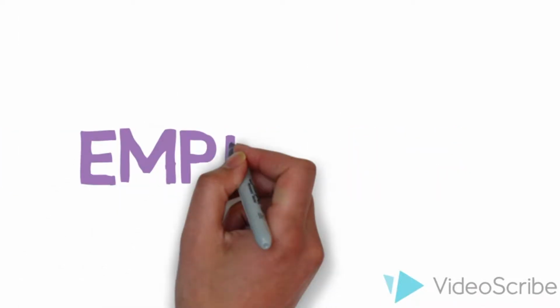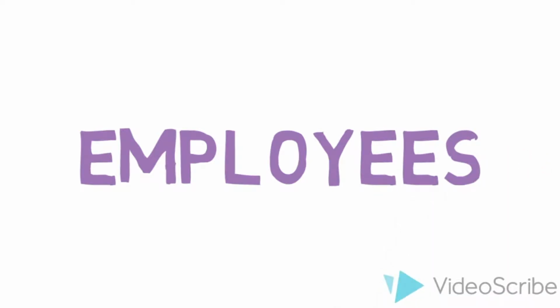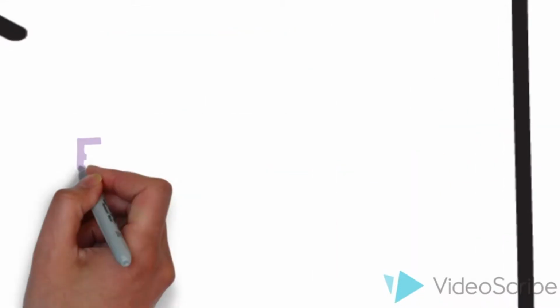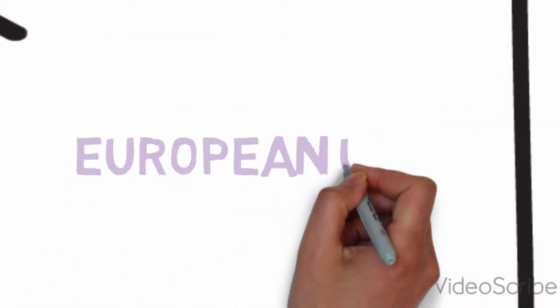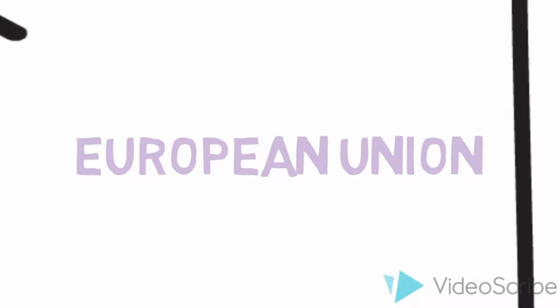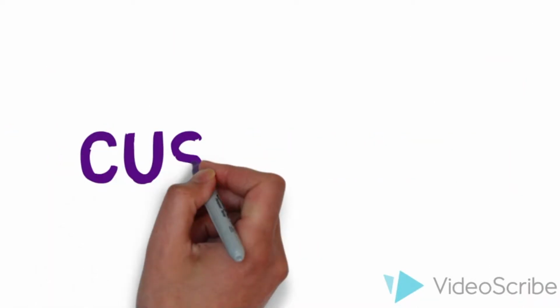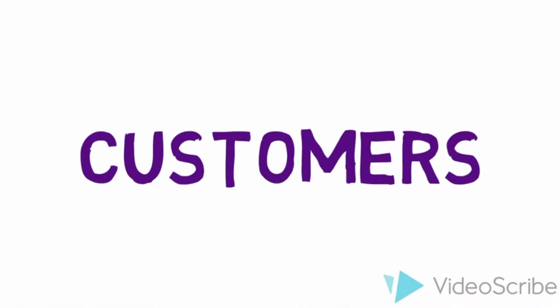Then for the B, we have employees because they have a high level of attention because they work for the company but they don't have a power at all because, as you know, Michael O'Leary is the most powerful person in Ryanair and not the employees. Then in C, we have keep satisfied. We have the European Union because they have a high power for the company, but they have a low interest level.